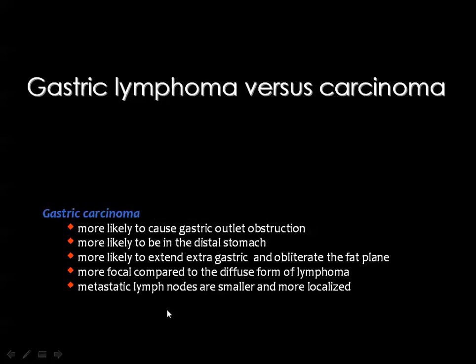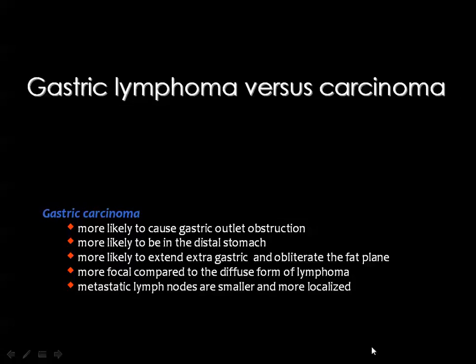Then gastric lymphoma versus carcinoma. Gastric carcinoma, as I have mentioned, may cause gastric outlet obstruction, while lymphoma is not usually responsible for this. In cases of gastric cancer, the location of the tumor is usually in the distal part of the stomach, the distal part of the body and the antral canal, while lymphoma is proximal and may infiltrate the whole stomach. Gastric carcinoma has the tendency to extend outside the gastric lumen, infiltrate the perigastric fat planes, and invade the